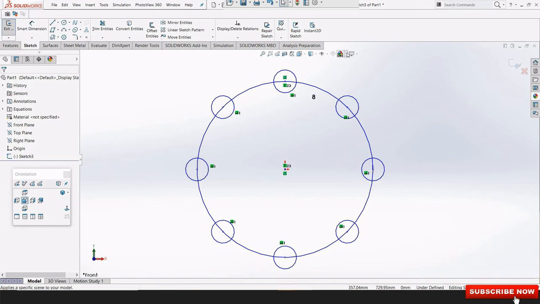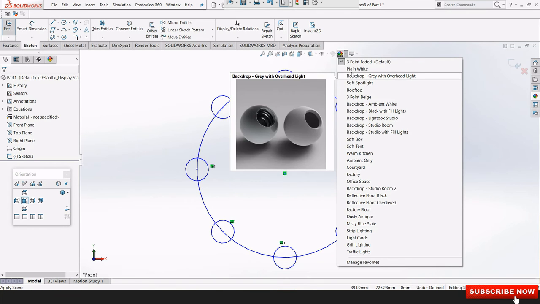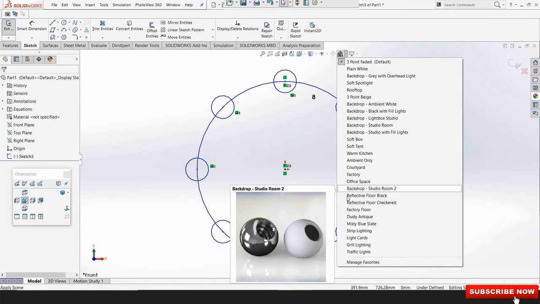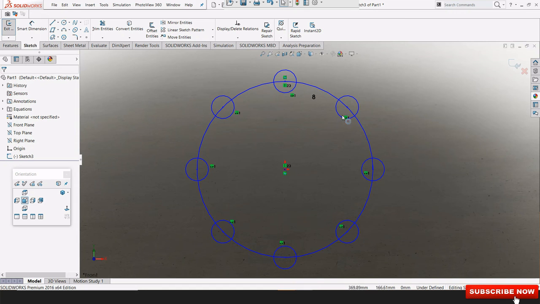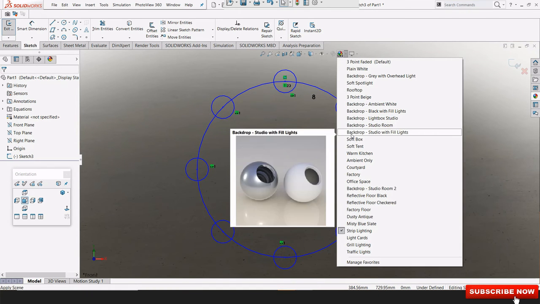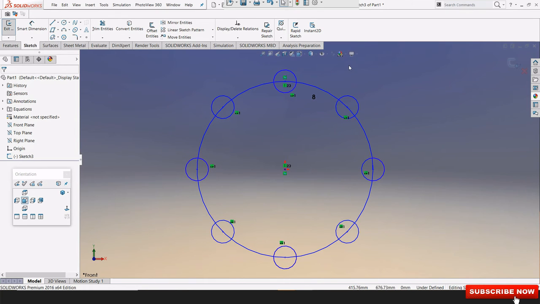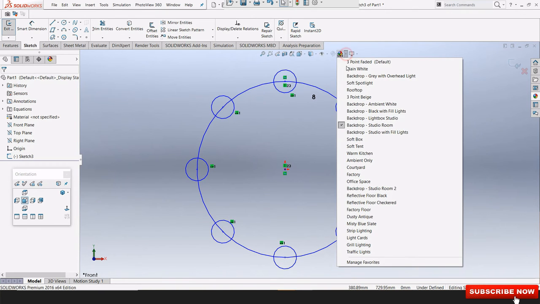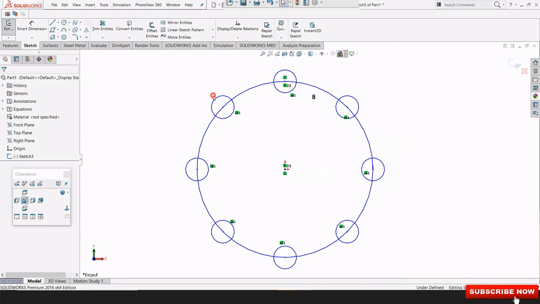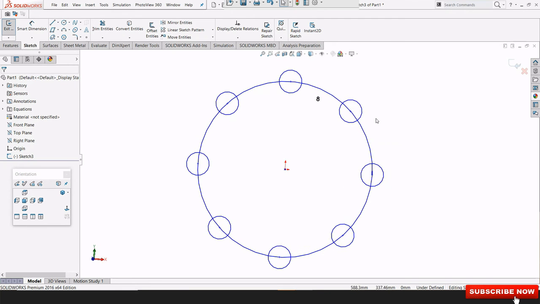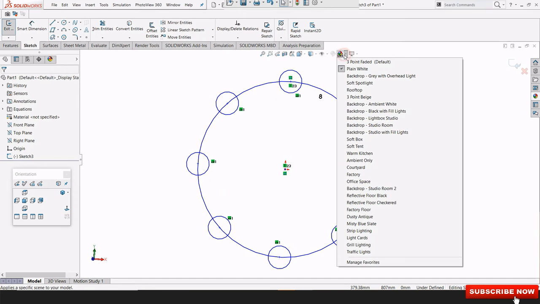Then we have the background. Suppose you want to make this type of background, we choose that one. There are so many backgrounds. You have to choose a particular one. This is plain white. We don't have any effect on this background.